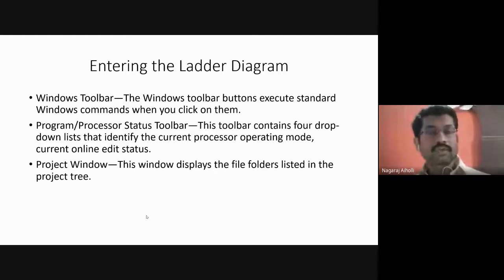This particular toolbar has 4 drop-down lists, just like how our file has a drop-down list. When you click on the file in our Microsoft Word file, what all will it show, students? It will show new, then save as, correct? All those options in the drop-down menu. That is called our drop-down. Similarly here, this toolbar shows a certain drop-down list, and in that drop-down list, it has the options for checking the processor status.